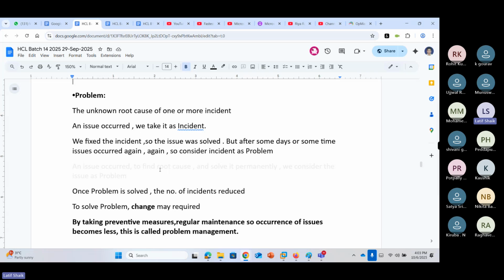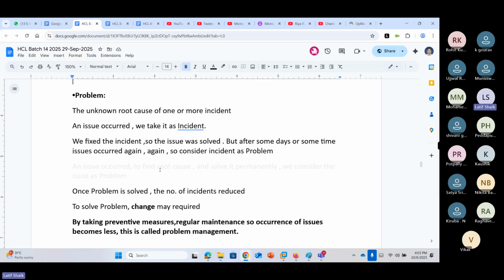We analyze the logs, previous issues, or maybe the currently running status. We do root cause analysis or risk analysis. We find any loopholes, or any predictable issues that may occur in the future.